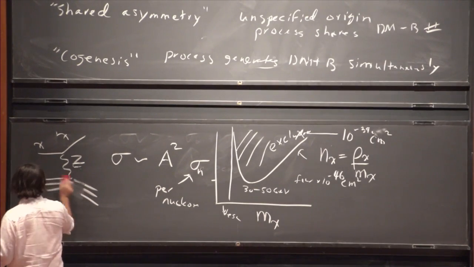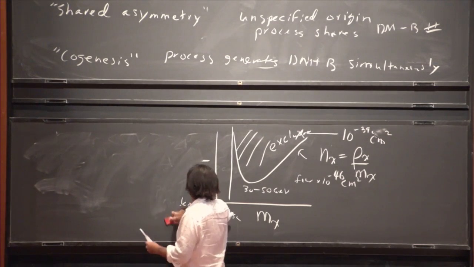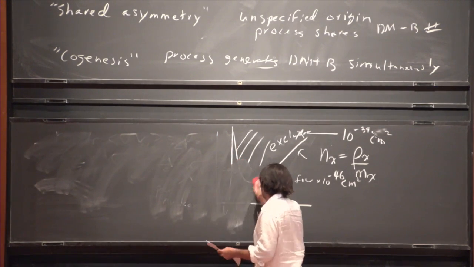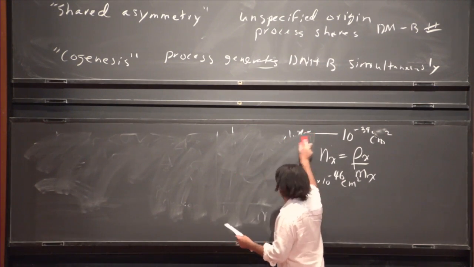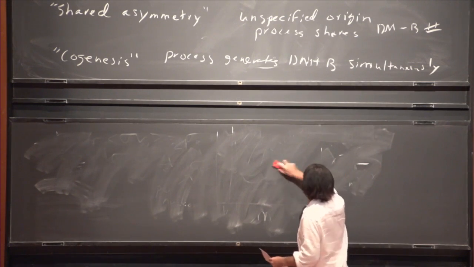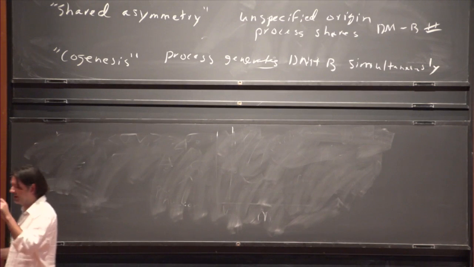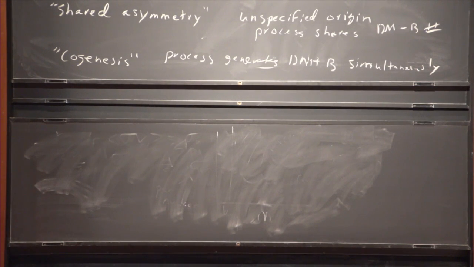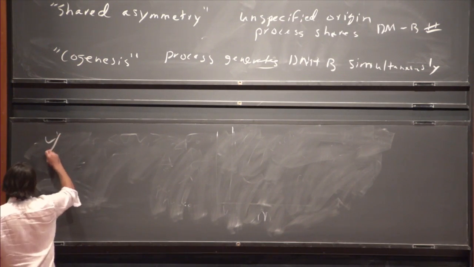So the shared asymmetry would be you just have some mysterious source that creates some dark matter number, and then you have some higher dimension operators that share that number to the standard model, maybe into leptons, and then you use sphalerons to transmit the lepton number into the baryon number. Cogenesis, a very simple example of cogenesis,